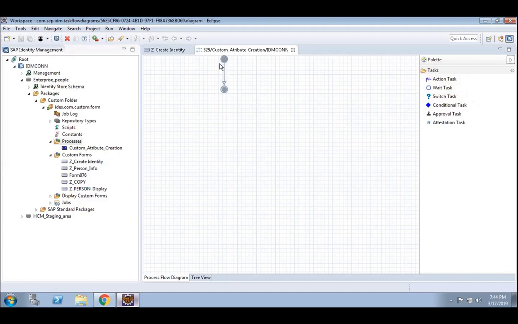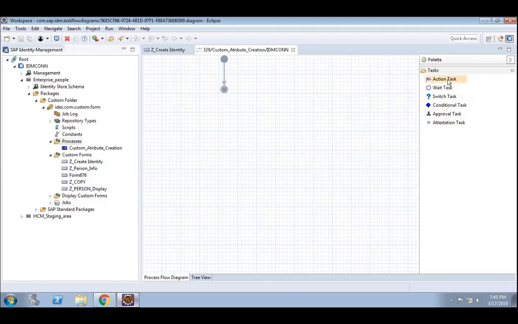Wait and condition, these are something like this. Suppose within a process you have multiple sub processes. The entire journey, start to end. Somewhere you are waiting, so you want that from this process another process is running. I want to wait for some time. I can wait with the wait task. Switch task, conditional task: based on the condition, we are rerouting the process.